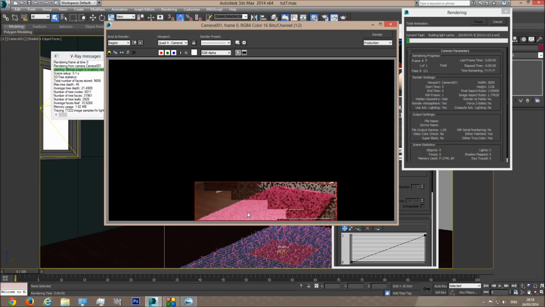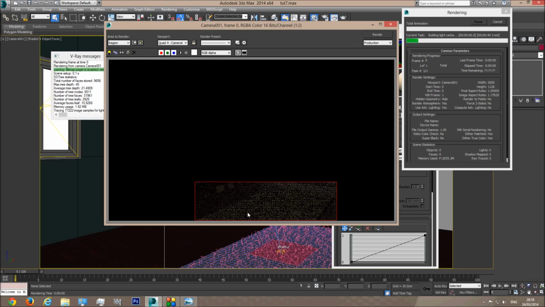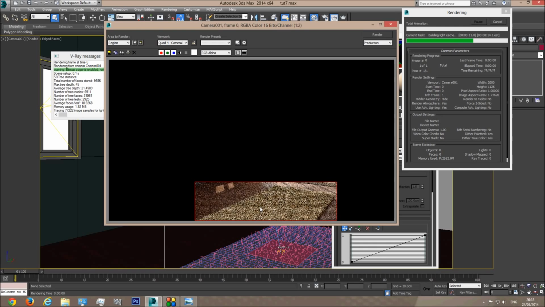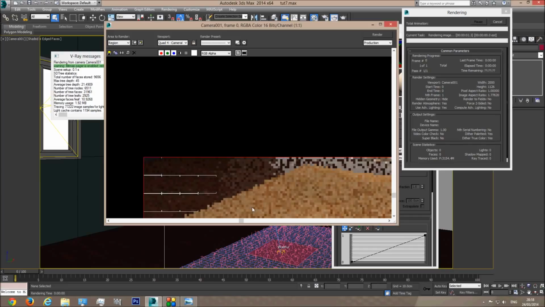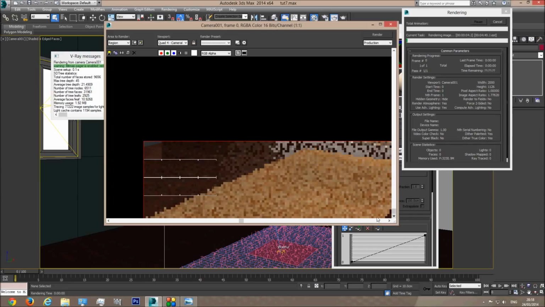You don't need to add any reflection or refraction or anything to the carpet because the carpet is not reflective or refractive. So that should save some rendering time and headaches. Alright, so now we have a beige carpet